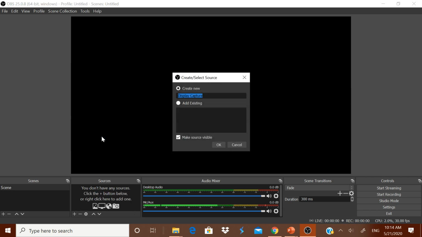I am clicking it. Now it will ask the name of it, because you can have any number of files. For example, I am going to do on free open software. Therefore, I will name it as FOSS. Okay, I am clicking OK. Now you see, don't get confused with the way that screen is coming now.